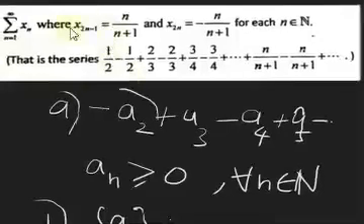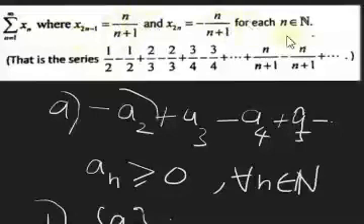So these are subsequences of x_n, right? x sub n. So if you look at this one here, if you look at these subsequences, you can see that the limit of this subsequence does not converge to 0. That means you know that